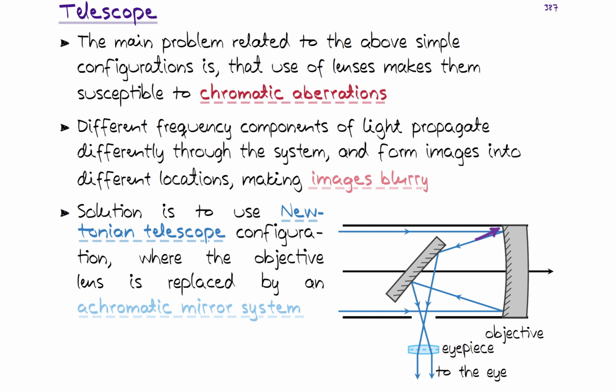If I remember it correctly, Newton came up with this design and construction in 1660-something, and then soon after he was awarded a fellowship of the Royal Society of London or something, so it was one of those great inventions of Newton that made him quite famous. And I think he was using spherical mirrors at the time. I guess polishing a mirror surface was very difficult and things needed to be done by hand. A better configuration would be to use parabolic mirrors here, but I think he was using spherical mirrors